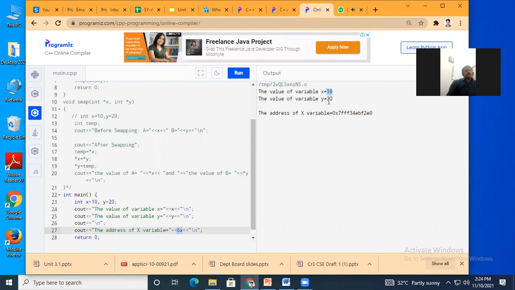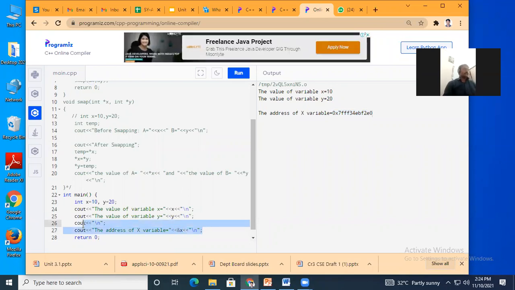Okay, where this 10 is stored. Now similarly, I will print the memory address to store 20, that means value of y variable.